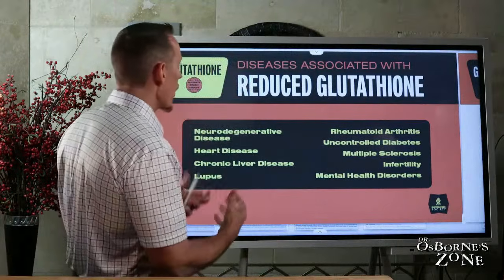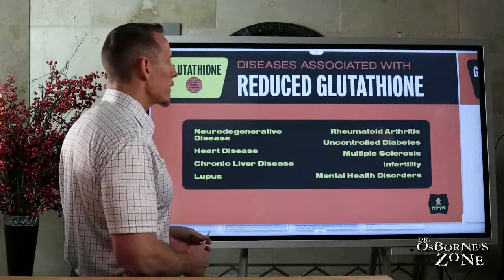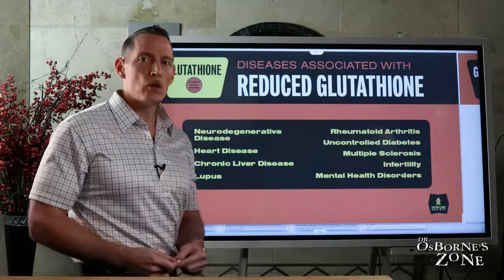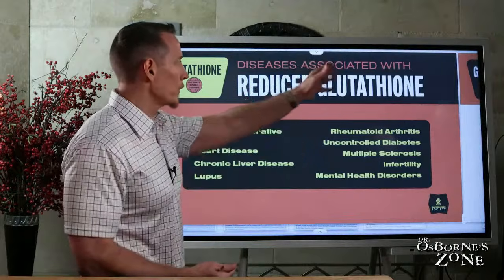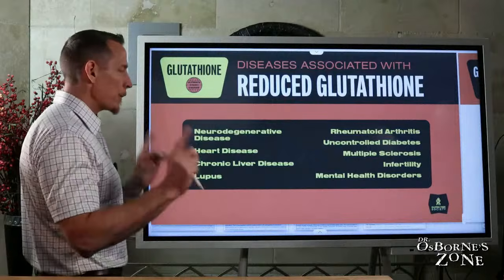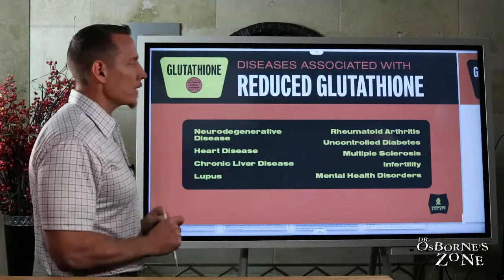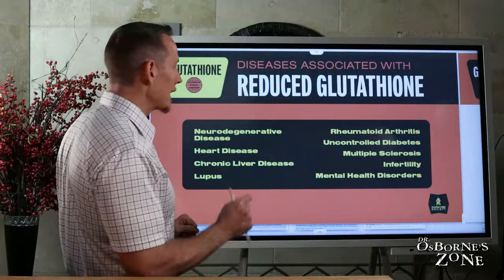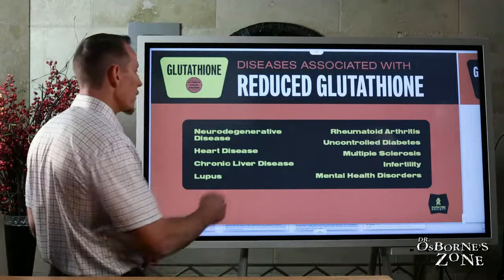So we could really draw inference that any inflammatory disease could be contributed to, in a sense, by lower levels of glutathione, because glutathione is what our body uses to protect us from inflammation. However, that being said, there are specific diseases that have been studied and researched and linked to low glutathione. One of those is